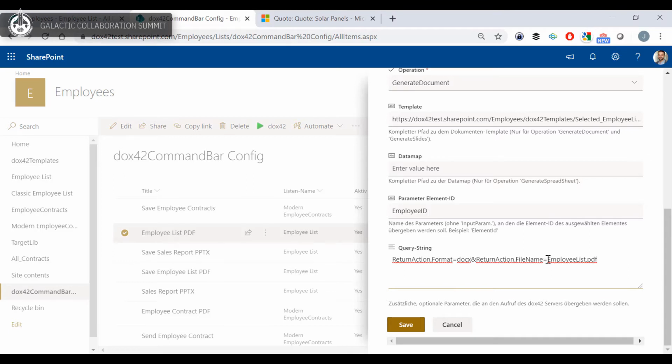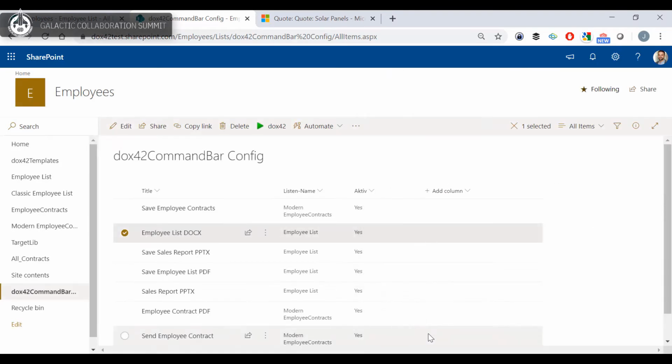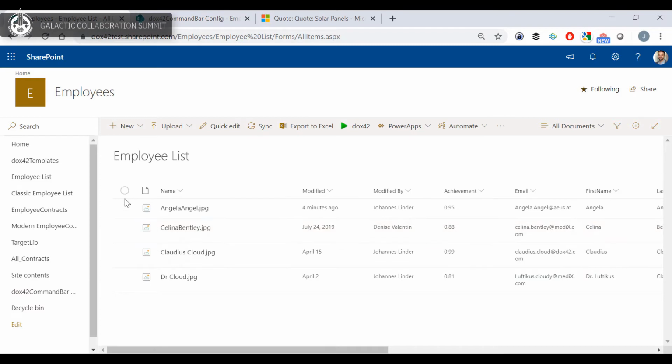So that's for the people of you that also understand technical knowledge in terms of URL parameters. There is a Galactic employee list, and we want this as a docx. So basically what you see here is that the simple change of just these couple of characters already creates a different document. Let's save this, and now let's go back to our employee list, and in this case let's not take